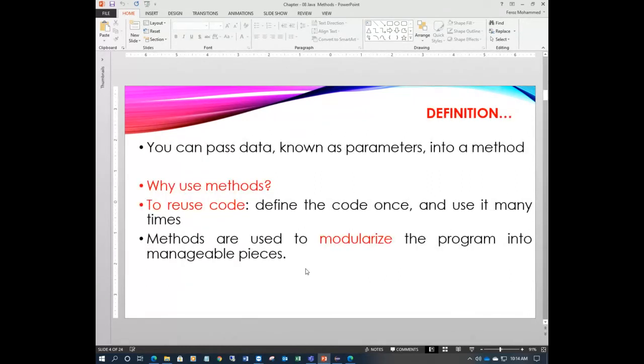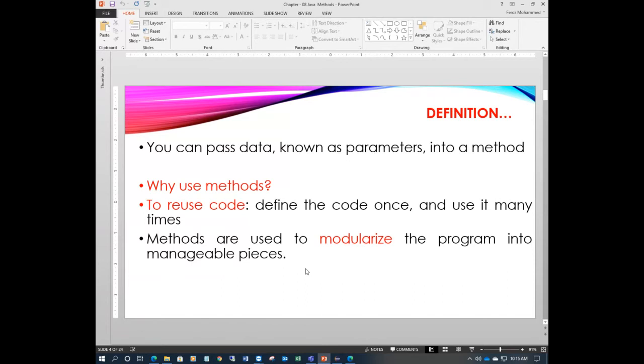So how do you provide data to the methods? Because it will perform operations, right? By passing parameters. Passing data is known as a parameter. You need to give data as an input to the method definition, known as parameters.